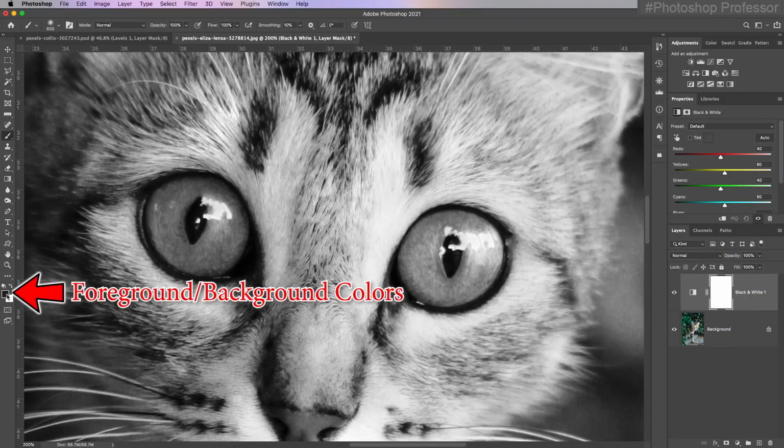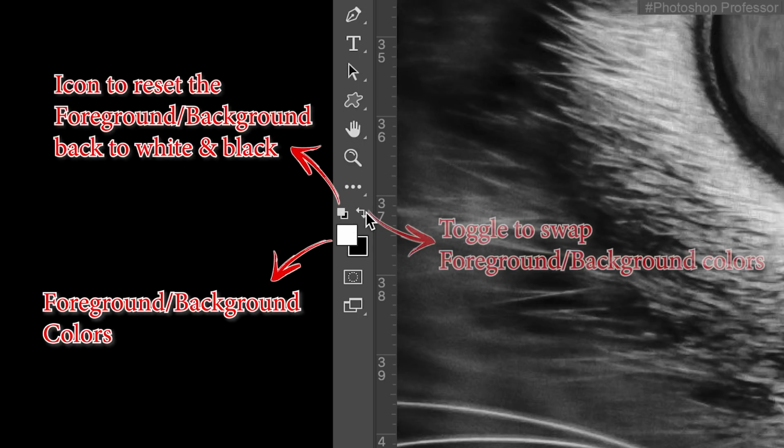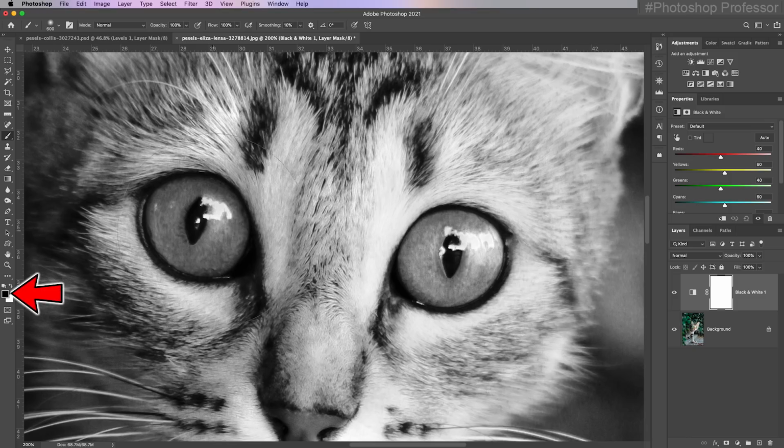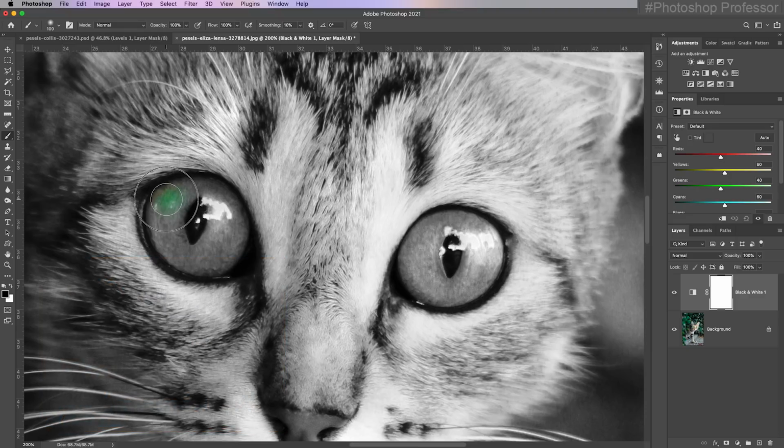So black is in my foreground. If it's not, you can just click this foreground background reset swatch, and then you can change the color in the foreground by clicking these double arrows. I need black in the foreground. I need black to paint on a white mask. I'm gonna make my brush a little smaller by using the left bracket key, and then I'm gonna click and